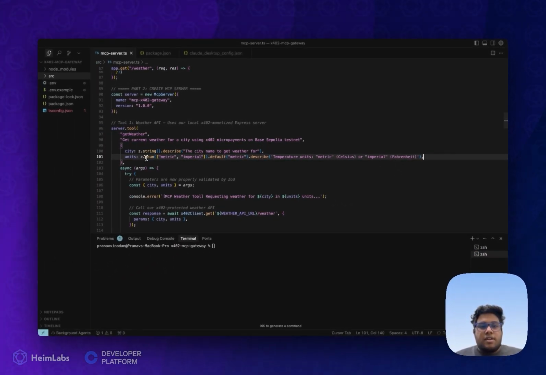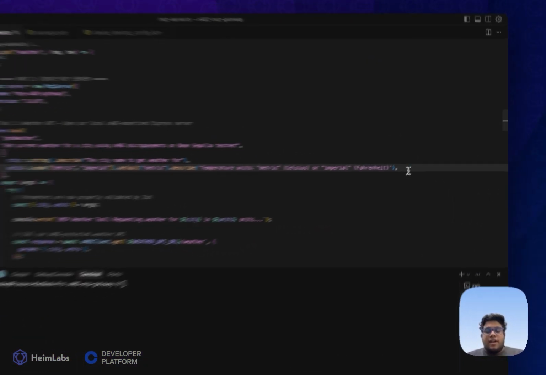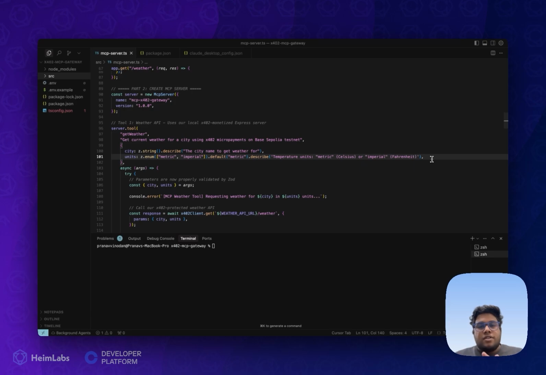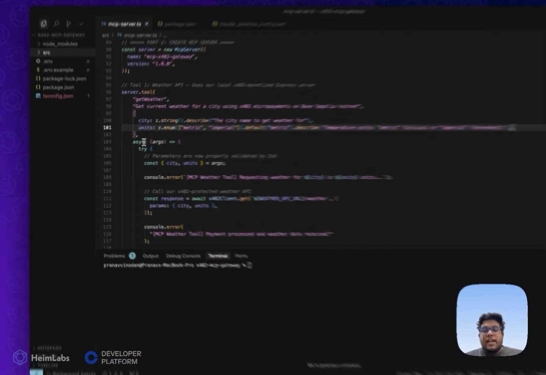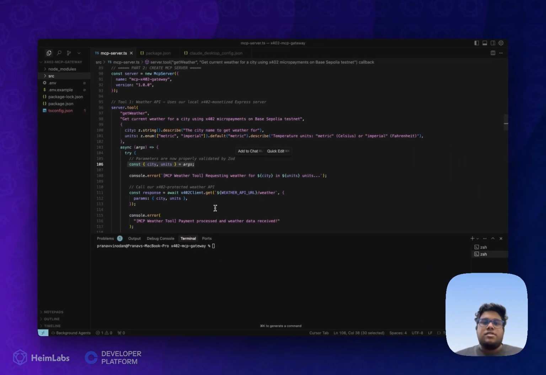So here the code is pretty short. We directly use the Zod library to validate the input variables. No need for JSON schema validation. Once that is done, we can directly pass these arguments, and the parameters are now properly validated by Zod. So the main differences here are to make sure that we are properly using Zod validation and console errors instead of console logs, to make sure that there is no hindering of the server processes.